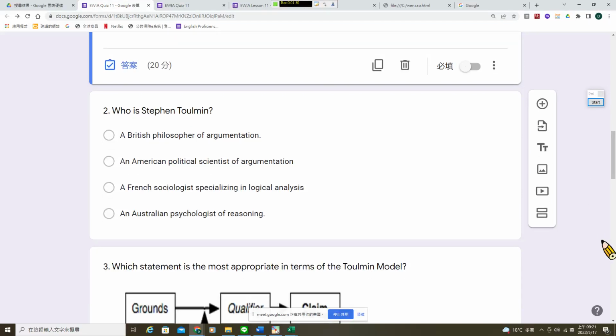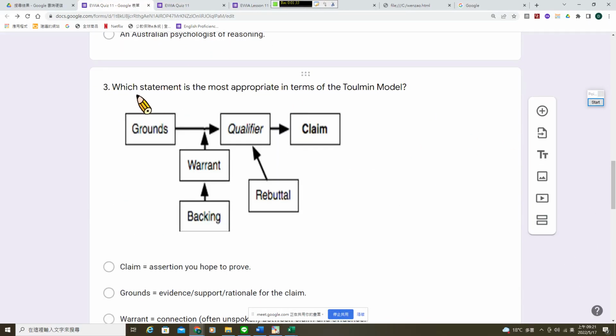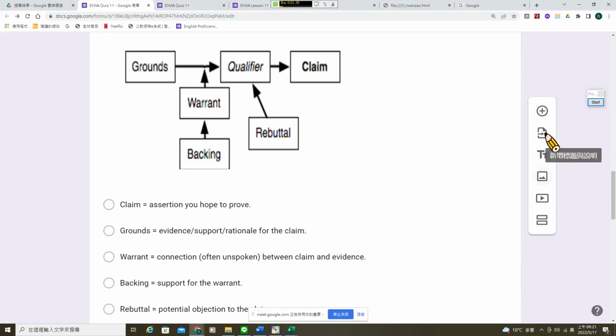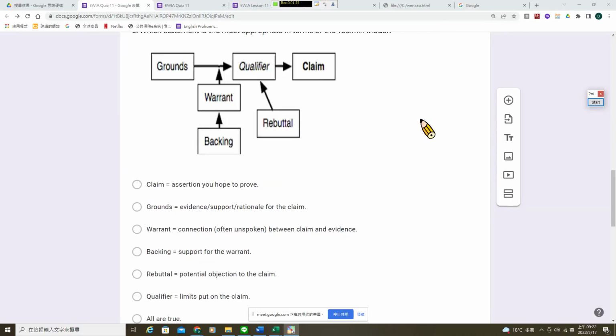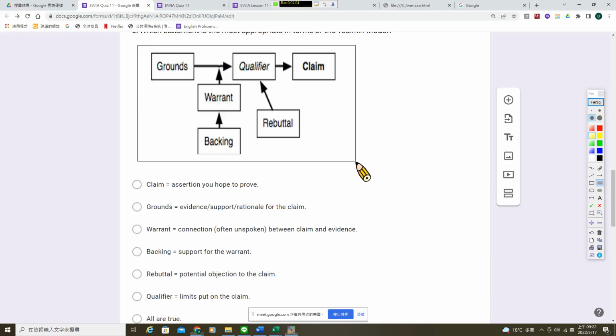So basically, let's move down to this one. So this is the Toulmin model. As you can see from here, this is the Toulmin model as we say. When we say we are arguing, in our daily life, most likely we will have a claim. We like to argue and we like to raise a point. I make it a little bit smaller so we can include all the major context here. So let's see. This is the flow chart for a Toulmin model. What does the chart tell us? Basically,